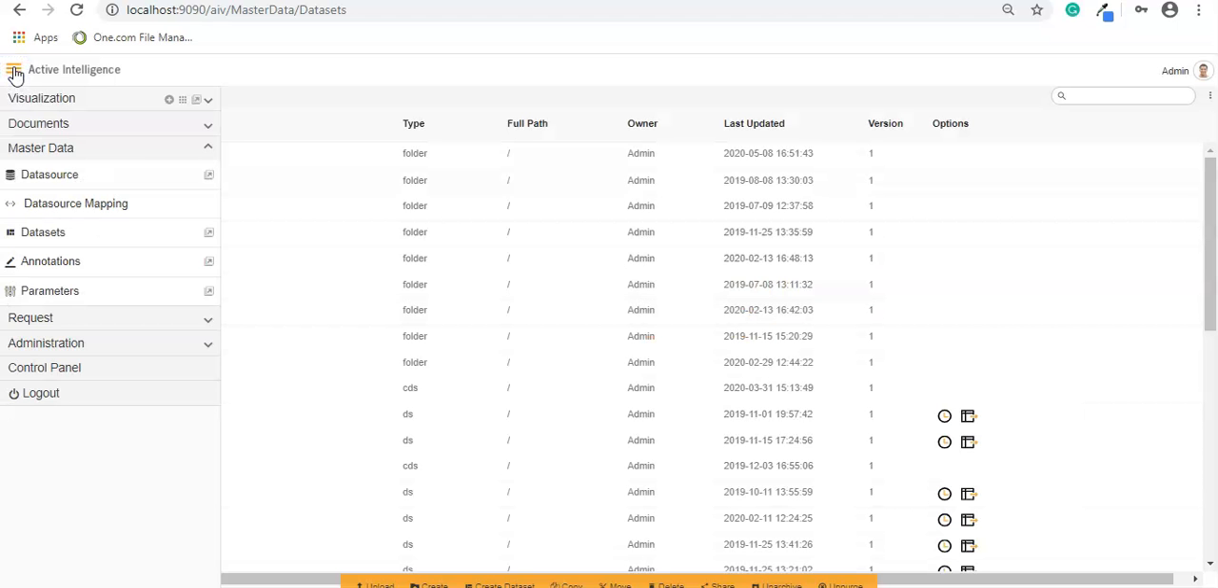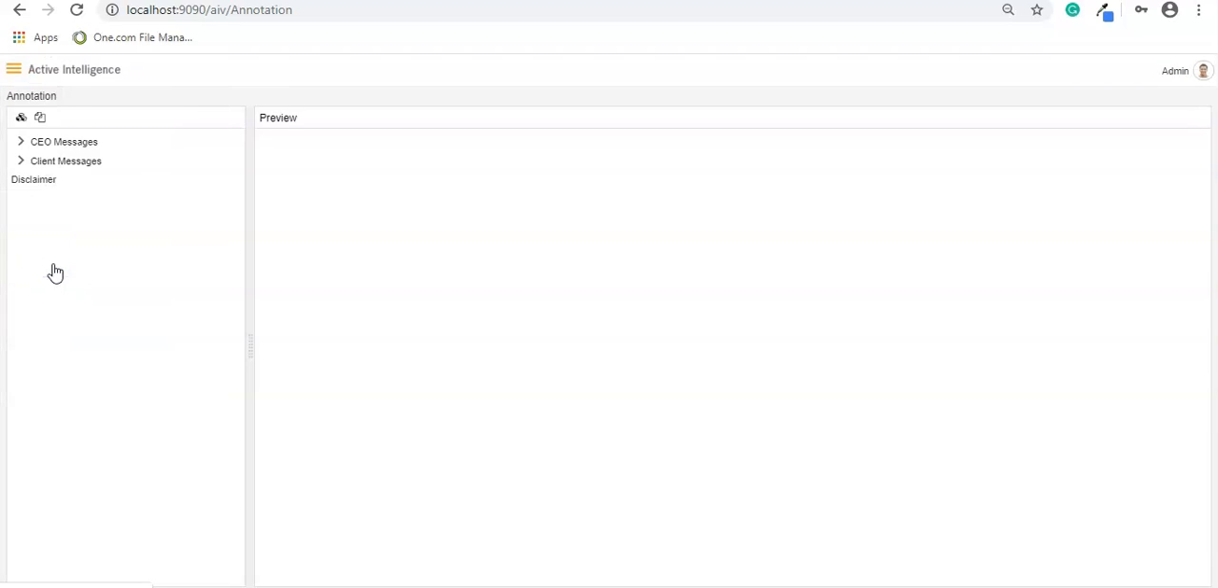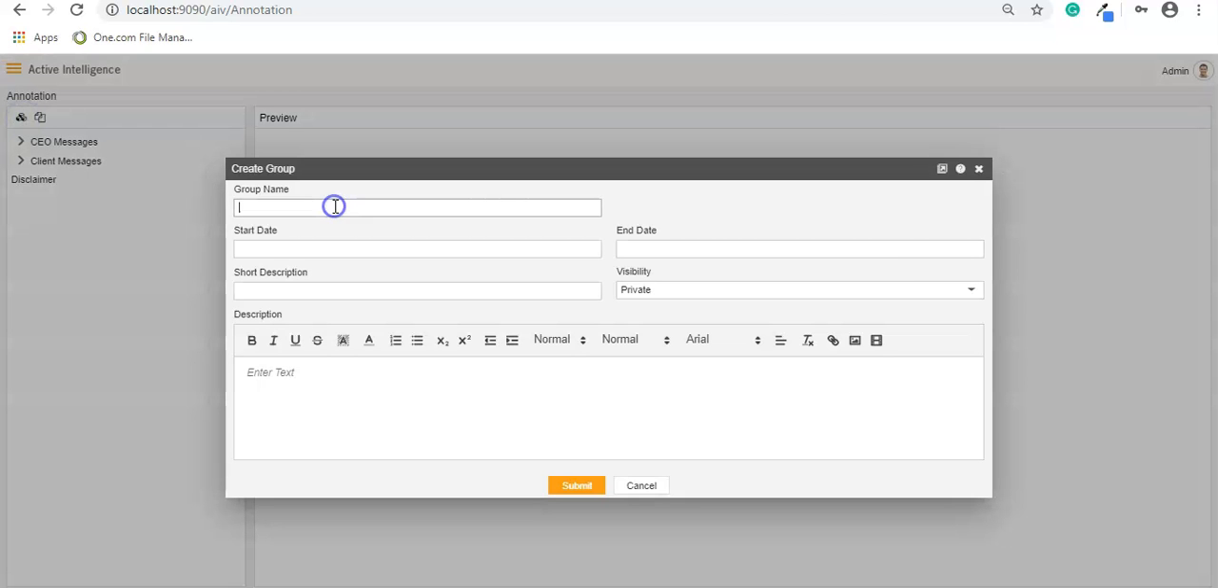Create an annotation from the hamburger menu, go to the master data and click on the annotation. Here you will get two options. One is create group and one is the copy. So first we will click on the create group, and here we will call it new group,